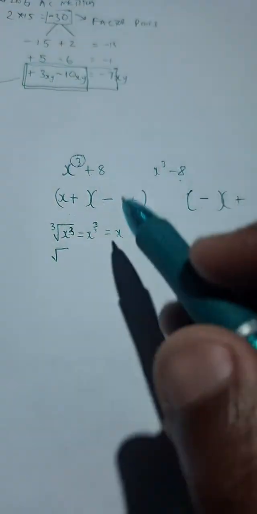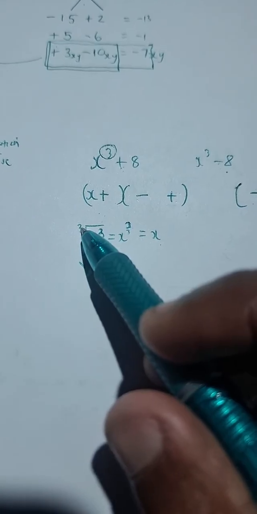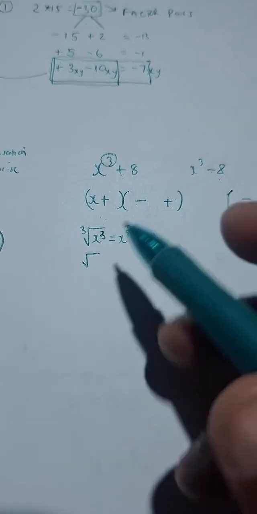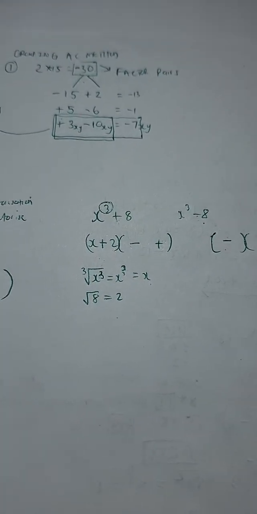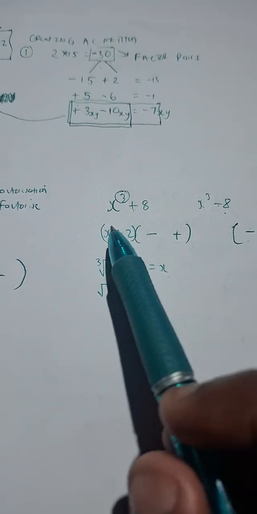The cube root of x cubed is x, because it's x to the power 3 over 3, which gives you x. We divide by the exponent, this 3 that is there. The cube root of 8 for the second term is 2. Does that make sense? So our first bracket is going to be x